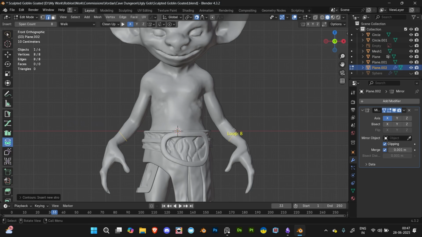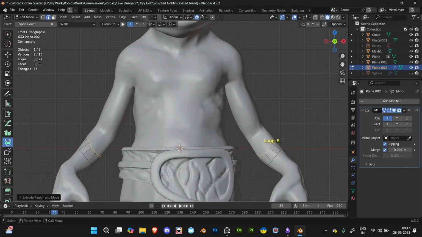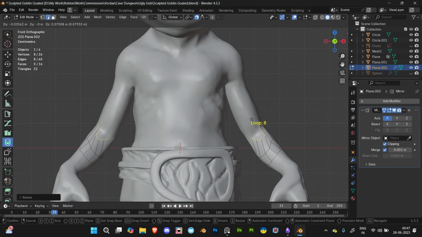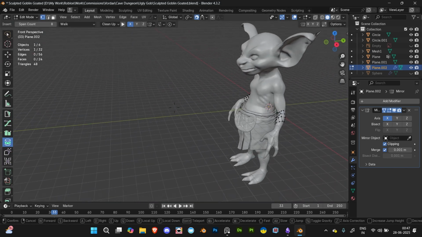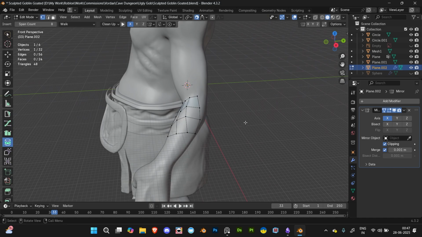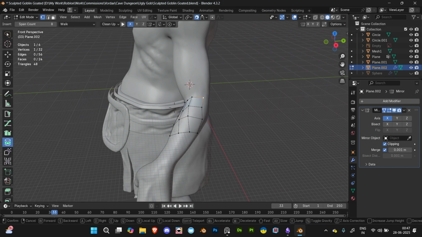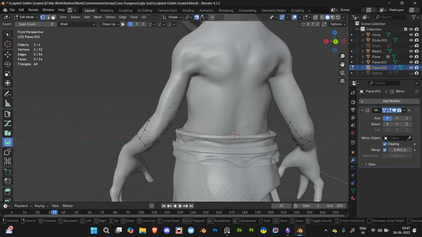Okay, so once you're done with that, it's important that you have proper topology, especially when it comes to this, because this is how your animations are gonna work. So you don't want to